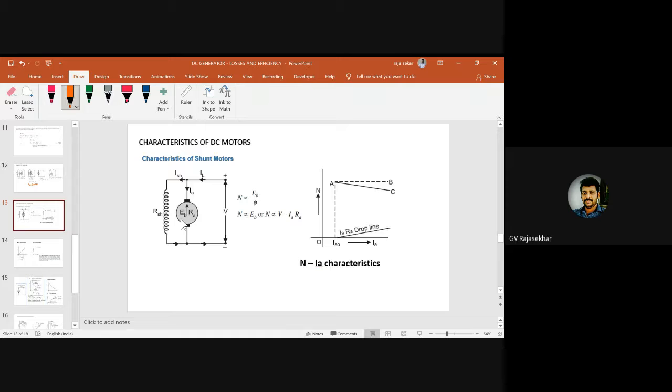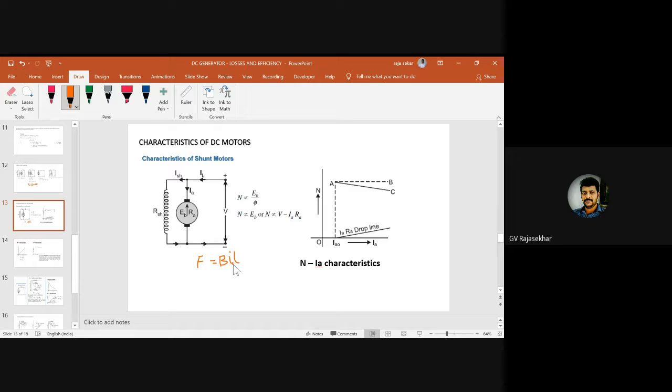And what is happening to that current in the armature? Some current is going into this field and creating the flux for you. And inside the flux, what are you having? Current carrying conductors. All the armature conductors will now be carrying current. And when a current carrying conductor is placed in a magnetic field, what will happen? Force is created, where F is equal to B into I into L. B is the flux density, I is the current and L is the mean length of the conductor.